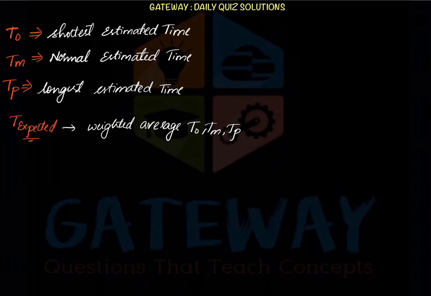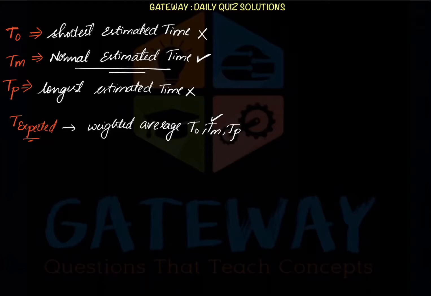Okay, here the most weightage, we want the project to be completed mostly within the normal time, not too fast, because we don't want to spend more resources, and we don't want to make it too long. Even then we don't know the circumstances. If it is too long, project cost may increase. So we don't want to make it too long, or even too short. So we'll select the most normal estimated time.